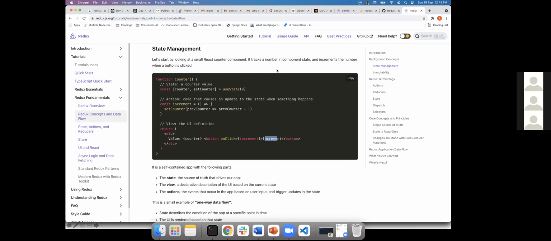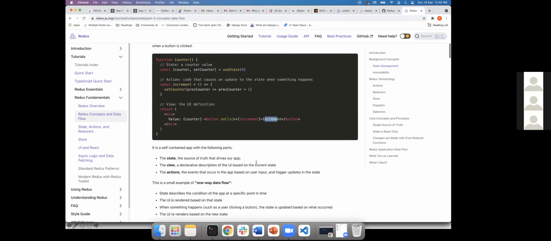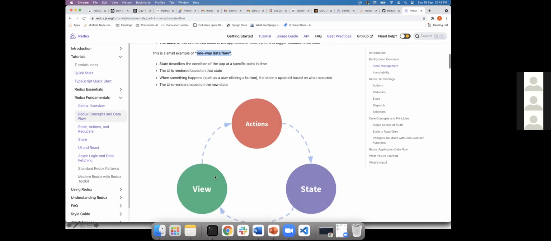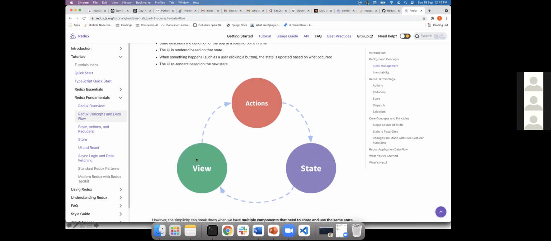You have to think like a clock, and the clock's starting point is, you could say, the UI. That is what one-way data flow is: view, action, state, view, action, state. It's like that. Eventually the UI will trigger the action because the user triggers an action, like adding a product to a cart so that the cart count will be updated.